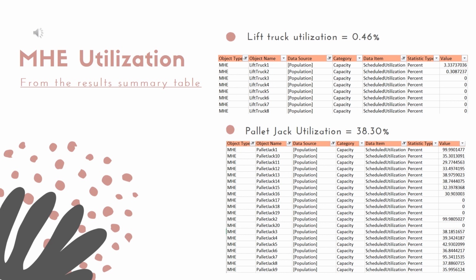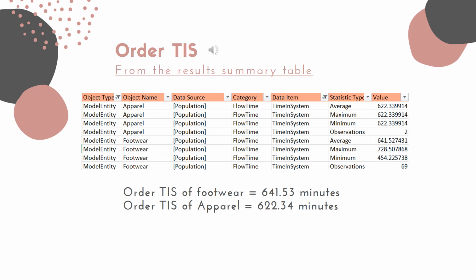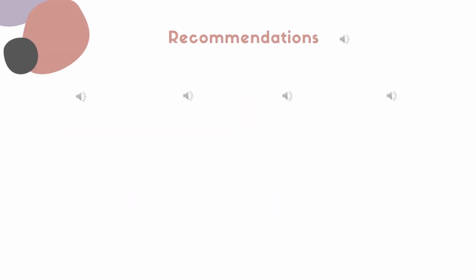MHE utilization: lift truck utilization equals 0.46% and pallet jack utilization equals 38.30%. Order time in system of footwear equals 641.53 minutes and apparel equals 622.34 minutes. After simulating several alternative improvements, we found some recommendations, which are: